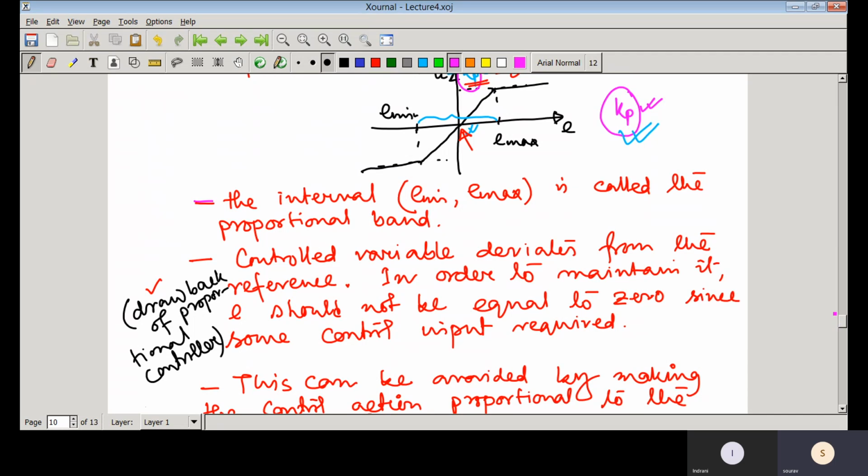These particular control structures and control strategies would be discussed in detail later by Professor Ghosh, and you will also be learning how to design Kp, Ki, Kd. So I have given you here just a brief idea on different types of simple control strategies that we normally use in applications.